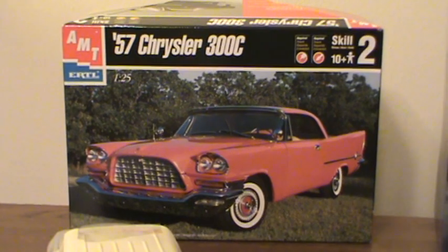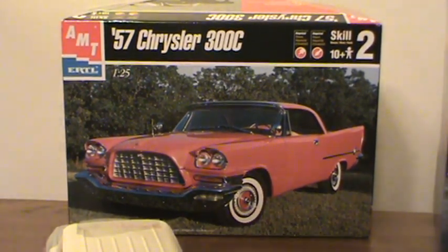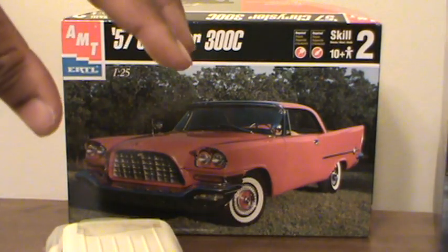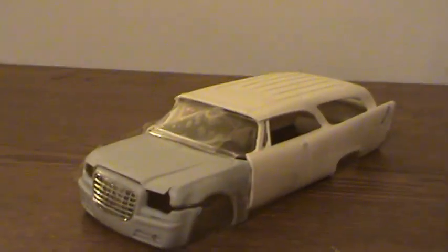As far as I know, they did not make a 300C wagon. If they did, come back to me, let me know. But as far as I know, they didn't make one. So I took the customized 57 Chrysler wagon, and right now I'm in the process of making it into a 300C. So if you look here,